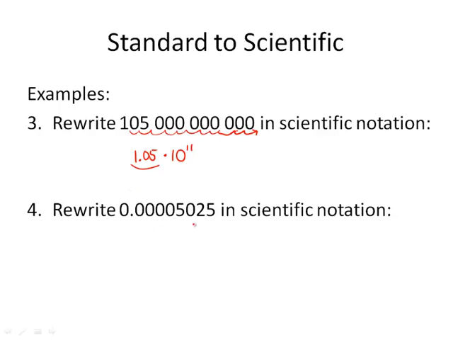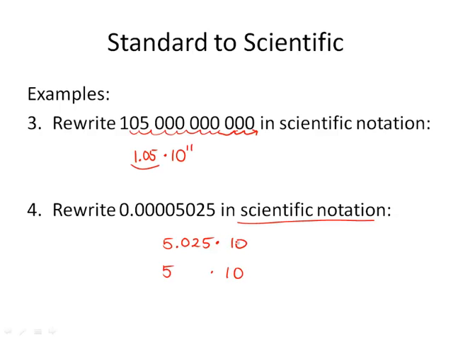A really small number can be also written in scientific notation, and we want to approximate the first number, so that would be 5.025. We want it less than 10. Some approximate it just to one place, and some people approximate to one decimal place. You can choose however you'd like. You could choose to say 5.025, which I think is a little more accurate, or you could just say 5 times 10